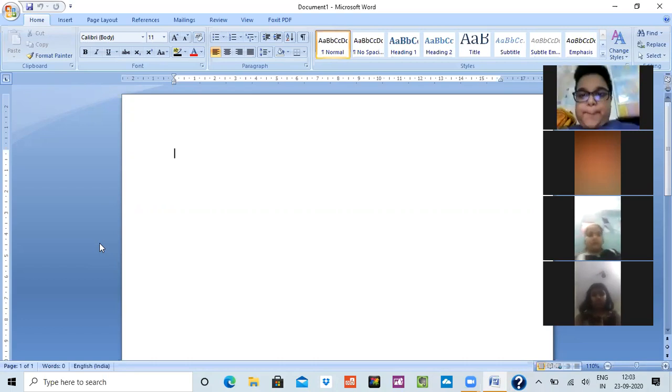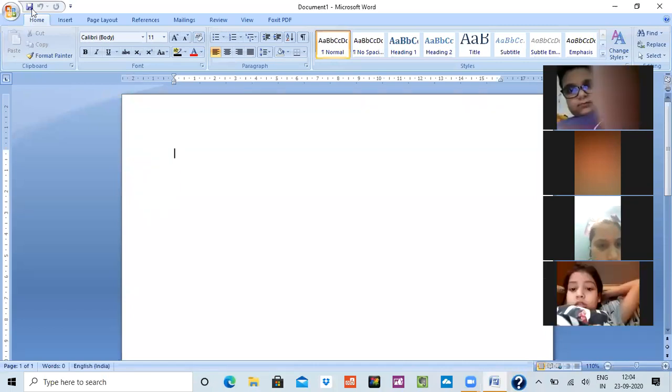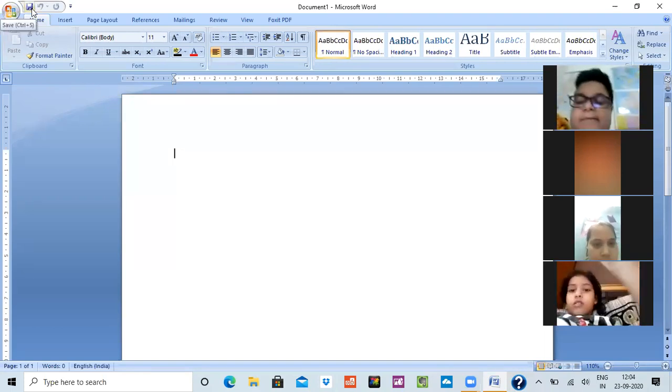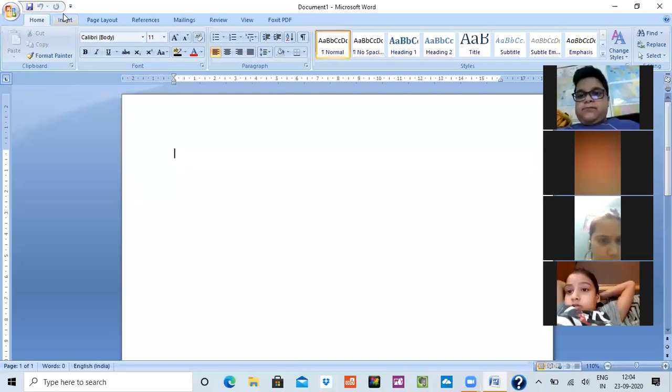Okay? With it, I would like to tell you that the title bar is the topmost bar and on it the document name is written. Now, here on the left side, you have a quick access toolbar. Where my mouse is moving, this is the quick access toolbar. What is the quick access toolbar? It is placed on the top left of the Word window. It contains the buttons for save, undo and redo. This is the save option, this is the undo option, and this is the redo option. The quick access toolbar contains three things: save, undo and redo.